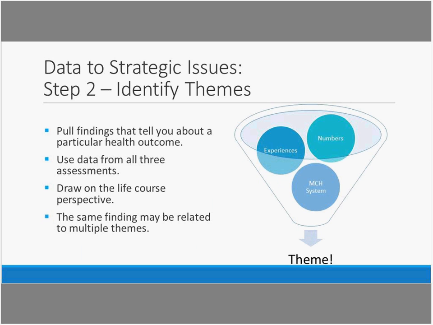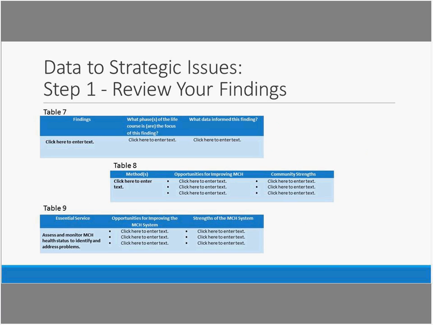At that point, when you are generating themes, you could have findings, those bullets from the list before, that fall into multiple themes. I think that's especially true around the system assessment and on some of those data points that are telling you more about social determinants of health. So a lack of access to transportation could have health impacts in a variety of different areas. So lack of access to transportation could be a finding that is related to multiple health outcomes. And it's completely fine to draw your findings together into themes in that way, where you're using findings multiple times to inform multiple